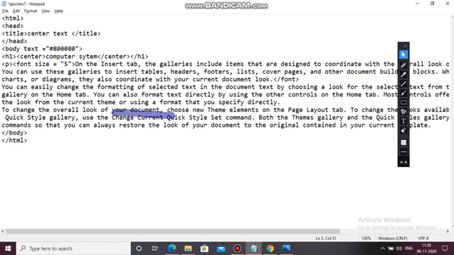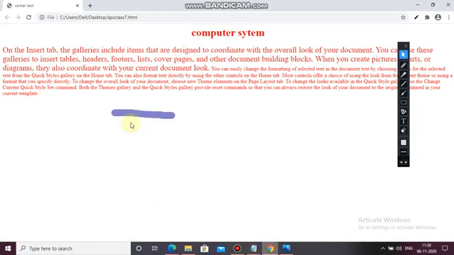Let's see what happens. See, the color changed. Means in both the conditions, when you are writing the name of the color, and when you are writing the color code, it changed the text color, means the font color.